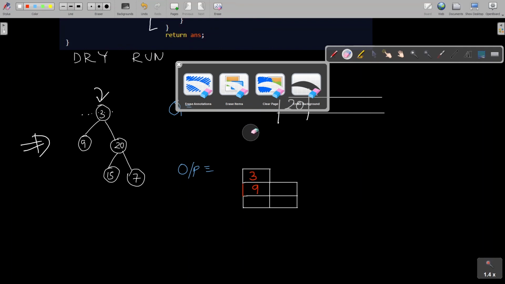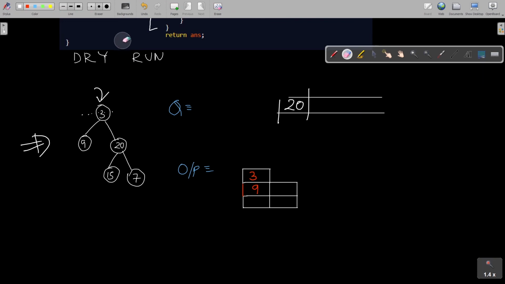And one thing I have missed by mistake: after 20 there would be a null also in this queue. While inserting this element, I will add this null also, because this marks the end of this level. I just forgot to add that. I am sorry for that.